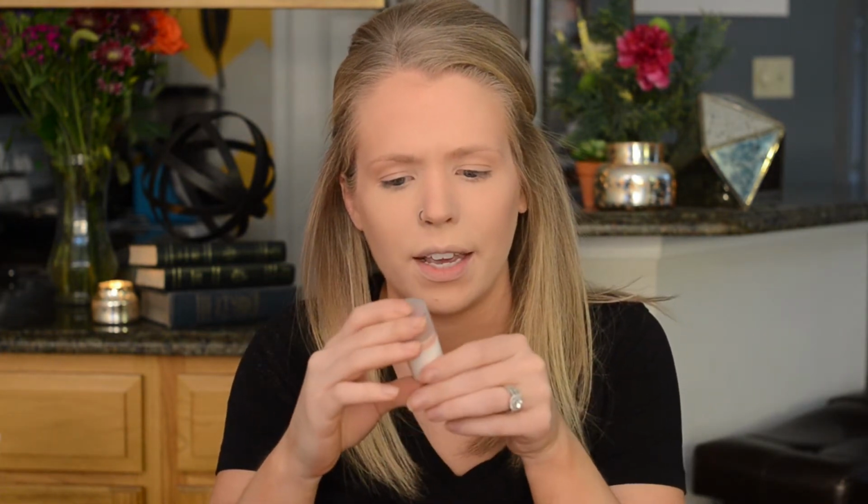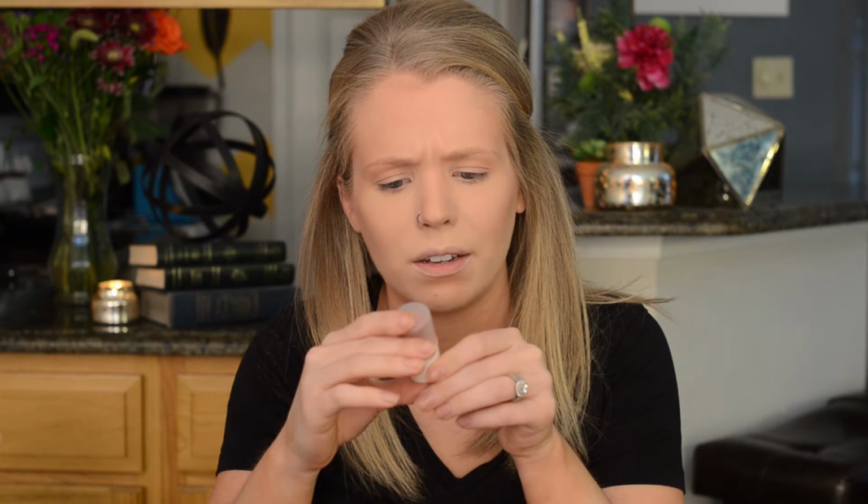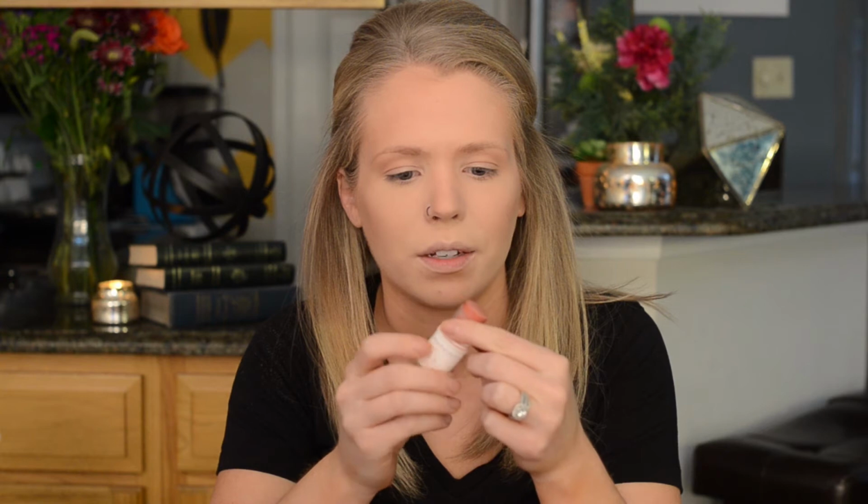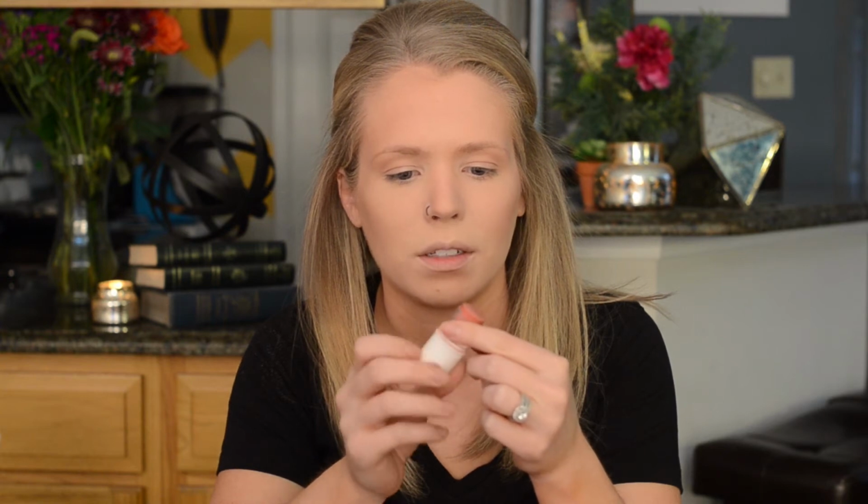Okay, the next thing I use, and this is super old. This did come in one of my Ipsy bags. It's called Seraphine Guava Butter. So it's just this like creamy blush stick. I also use it on my lips sometimes. It's kind of like a multi-purpose product. So I just take a little bit of that on the apples of my cheeks